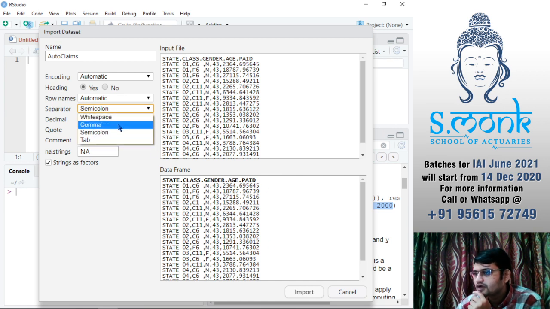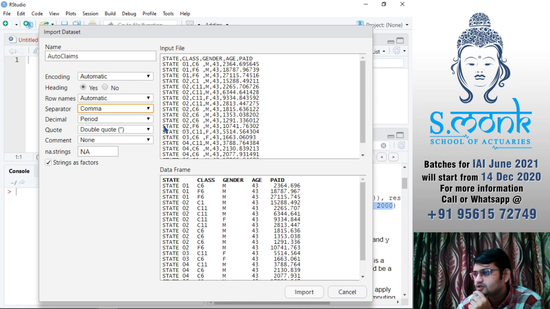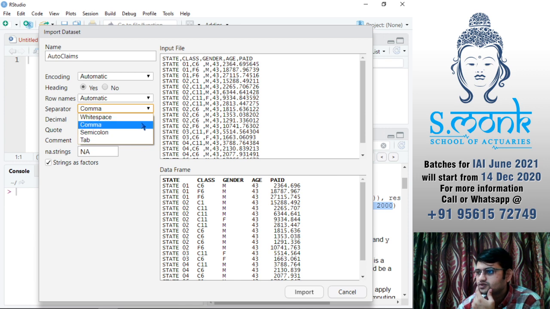So I'll have to go for commas. CSV is comma separated values. You can also have tab separated values, semicolon separated values, white space separated values, and that is why you have these four options. But we are talking about comma separated values.